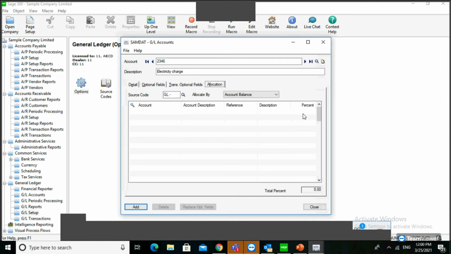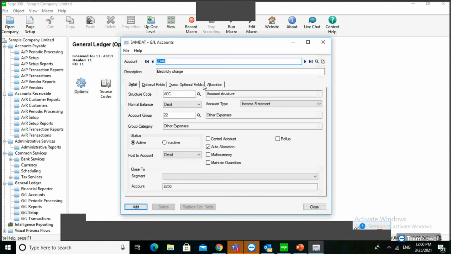Let's say you are posting a transaction value of 100, out of the 100 you allocate 20% to the administrative department, others to the IT department. Likewise, if you want to allocate department wise and maintain the transaction balance in different sub accounts, you can allocate from this. This is the purpose of auto allocation.